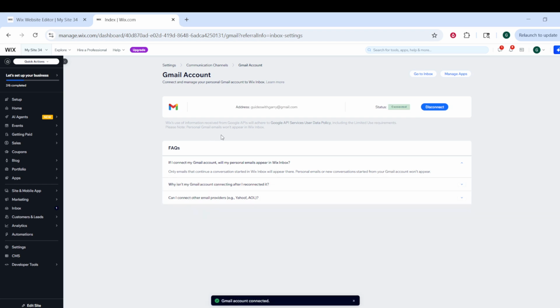The interface may show that Gmail is connected, or it may display a status message indicating the connection is ready. If it asks for confirmation or additional permissions, make sure you complete those instructions, since incomplete permissions can prevent the connection from working correctly. At this stage, your Wix email should be set to connect with Gmail based on the